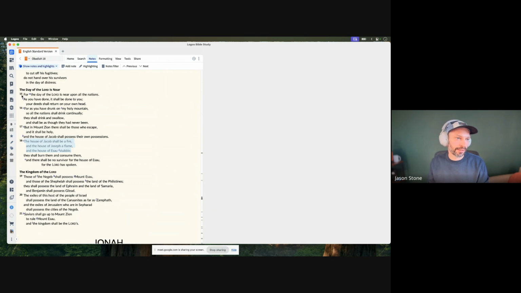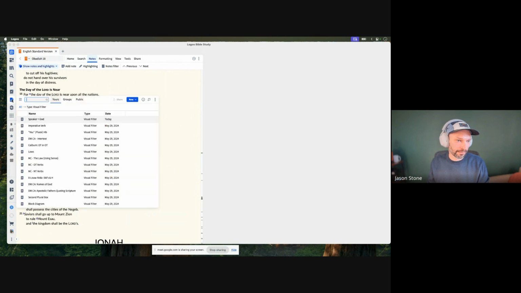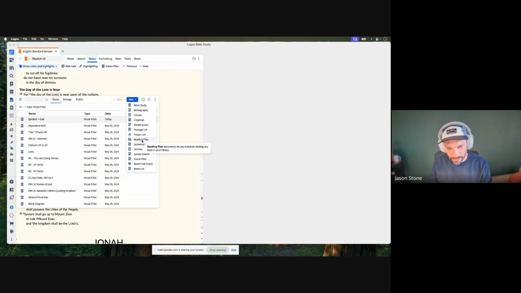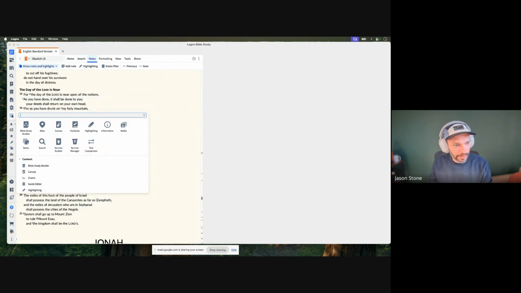Yeah, let's just talk about notes real quick instead of clippings. And so if I wanted to create a new note or notebook, let me see if I can do two things at once. I'm going to open my notebook because I can't do two things at once. Oh dear.